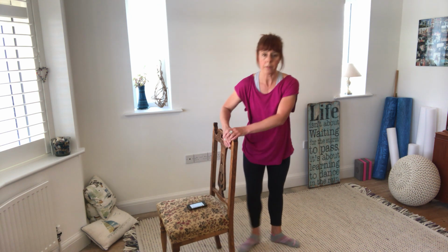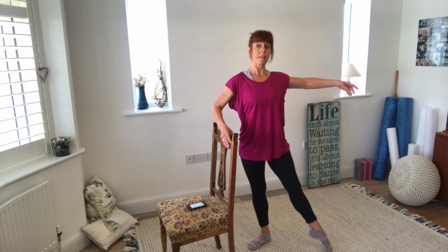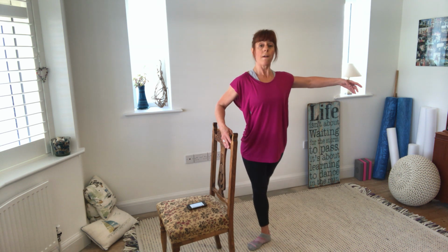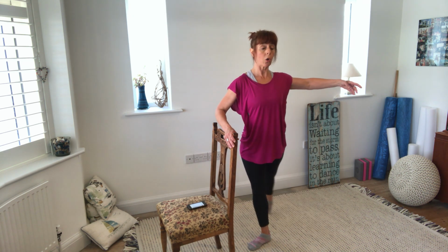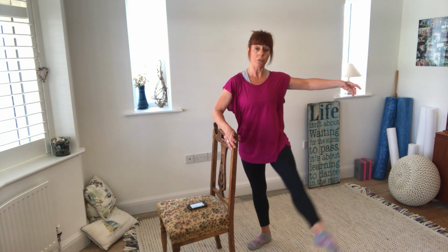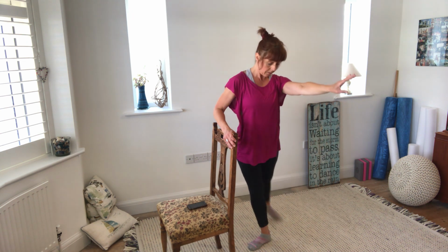Here we go. 6, 7, 8. 8 counts. 1, 2, 3, 4, 5, 6, 7, 8. 4 counts. 1, 2, 3, 4, 5, 6, 7. 4 in 2 counts. And 1, and 2, and 3, and 4. Battement, cloche, and front, back, and plié, and back, front, and plié, and 1, 2, 3, 4, 5, 6, 7,